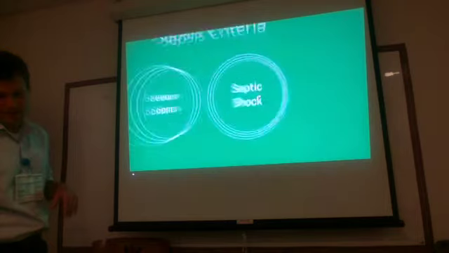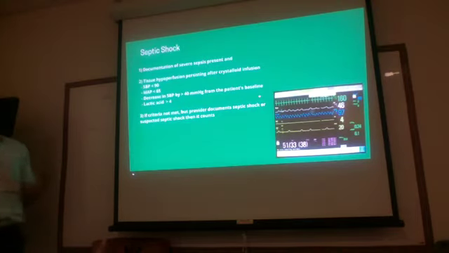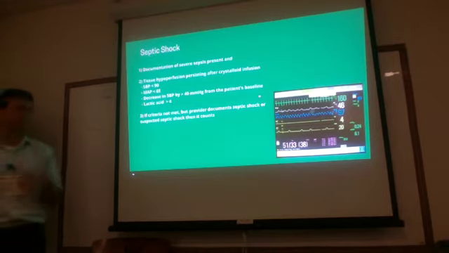And then if we go to the septic shock, this is the same. All of those other criteria that severe sepsis is present, and then also some sort of hypoperfusion, and this could be after IV fluids. If their blood pressure is just generally low, like they have a very low blood pressure and it's not responsive to a small fluid challenge, then they're considered to be in septic shock. And this is generally most of the people that you think of as the really, really sick septic patients.